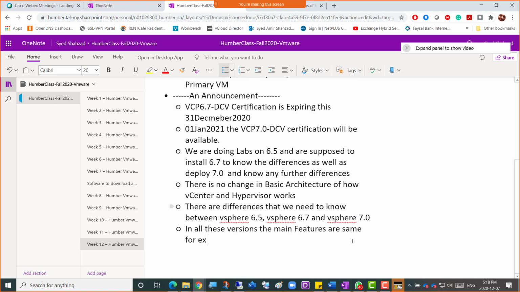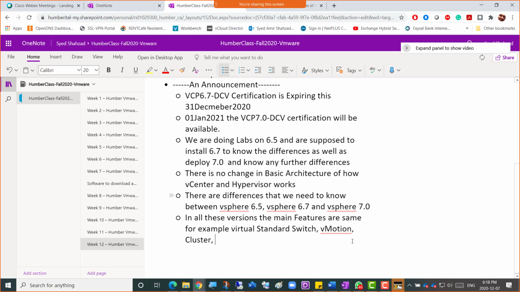For example, the virtual standard switch, vMotion, cluster, HA, DRS, FT, vSAN, and so many other features are all the same in all these versions.